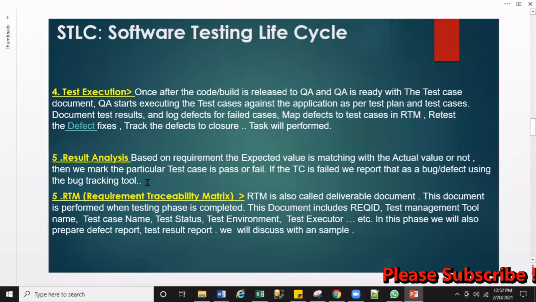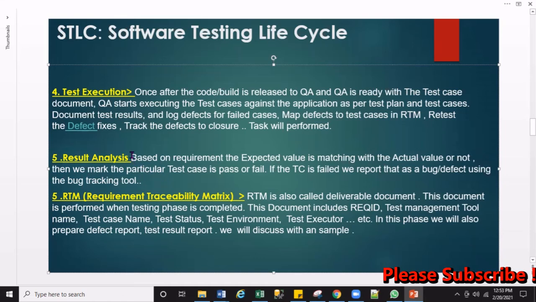what is the defect report, what is the test result report, what is the test plan, what are the test cases, right? So once the execution is done, defects are placed and retested, and everything is good, then the whole team including BA, development, and QA will do the result analysis based upon the testing. At the end of the testing, a meeting will be held, and in the meeting, the testing team will explain their test result document.